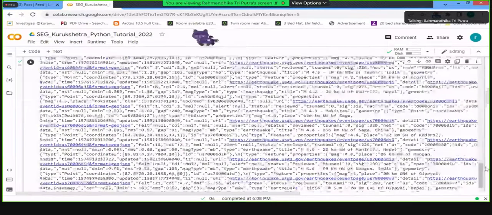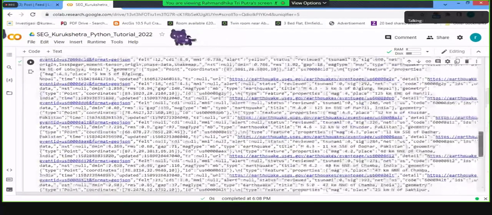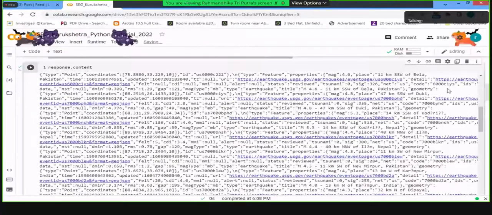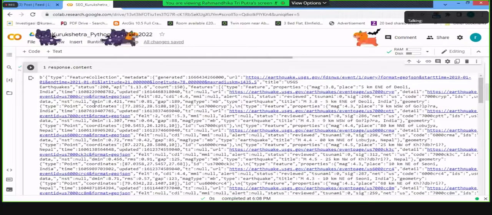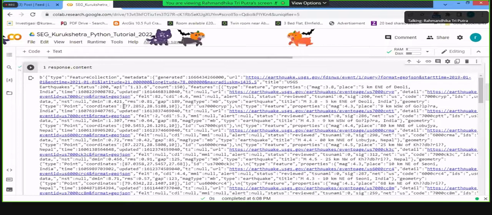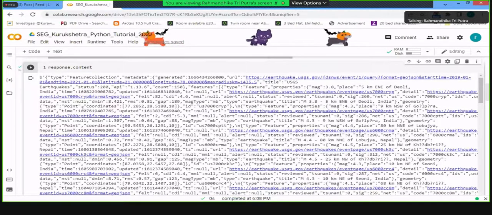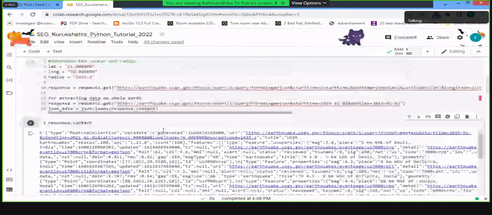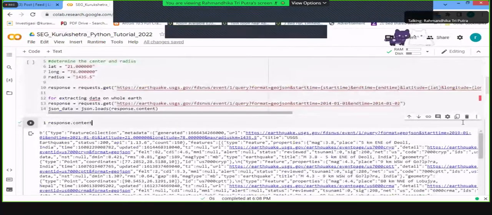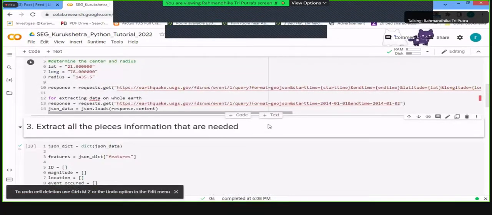Although we successfully requested data from the USGS, it is not feasible to digest it like this, because there are lots of words and figures that don't make sense. That's why for the second step, we get to perform